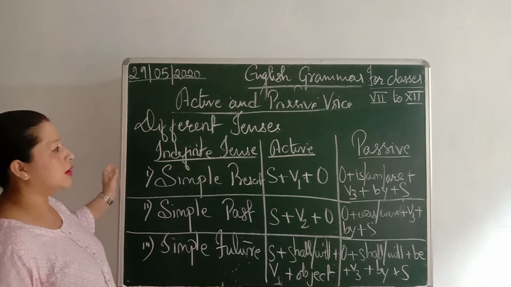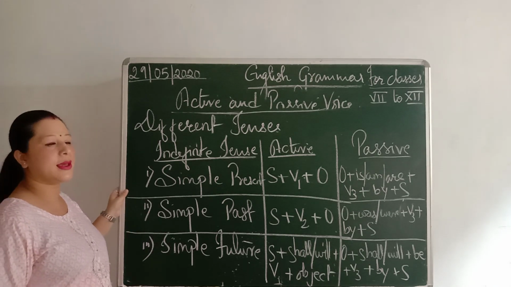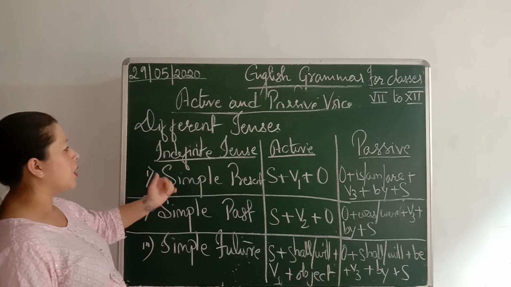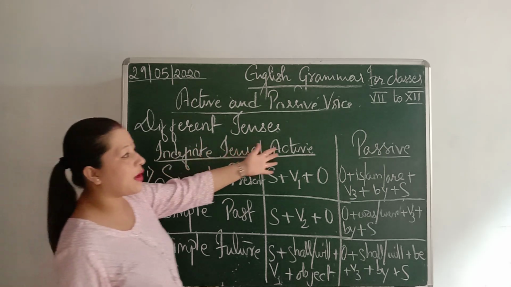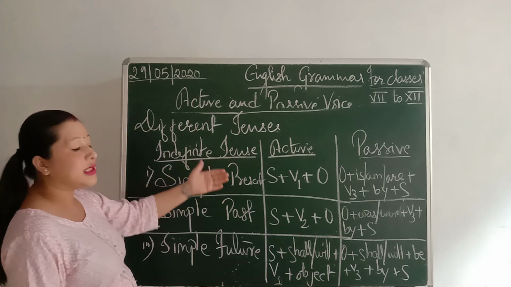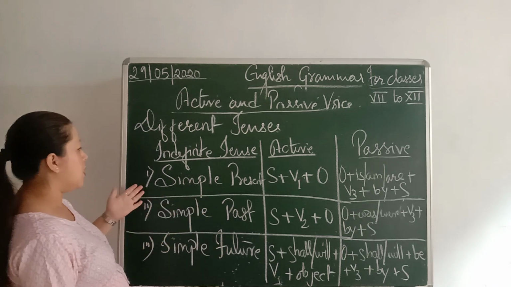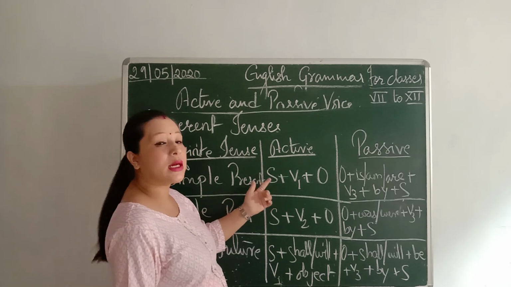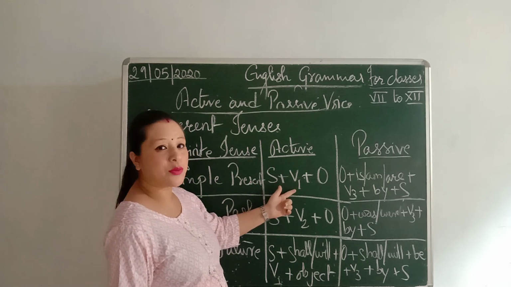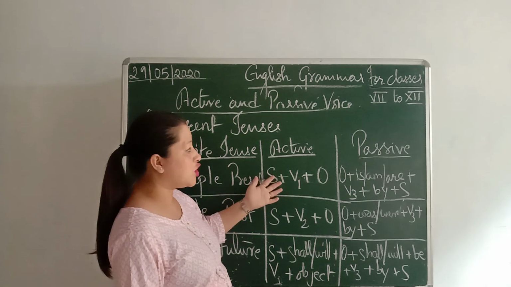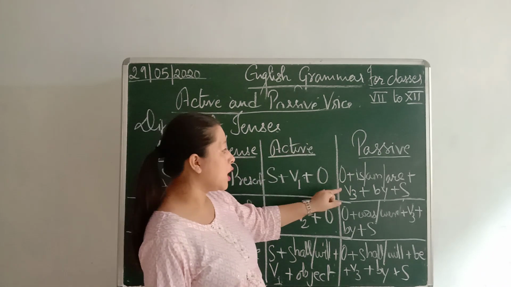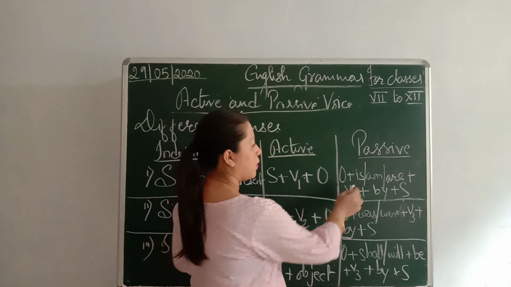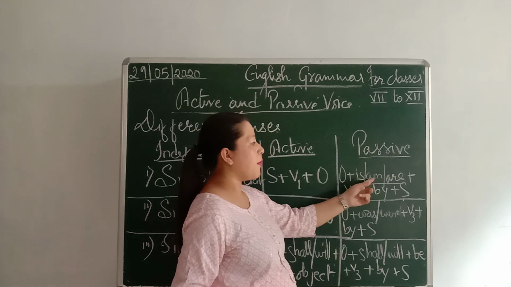Okay, so this is the next important rule we can say. This is regarding tense, different types of tenses. So in the indefinite tense, active and passive is there. According to this, we'll see what are the basic rules. See, first is simple present tense. In a simple present tense, in an active voice, there will be a subject plus verb in first form and then object. So when you have to change this into a passive voice, it becomes object comes first, and then there will be is, am or are.